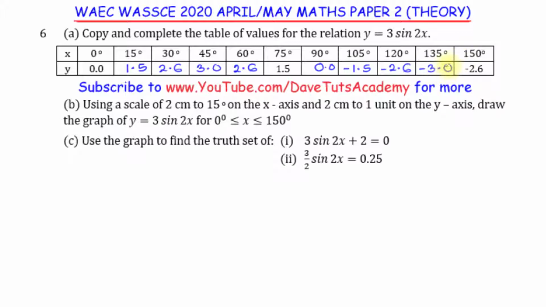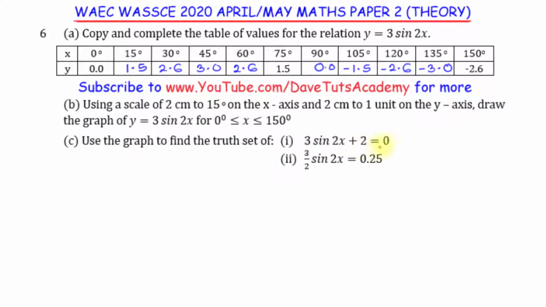So that is a very good means in which you can be sure that you won't make any mistake by forgetting to multiply x by 2. Okay, so that is the first mandate. We have copied and we have completed that table as requested. So we can now, before we draw our graph, before we come up with the solution to the graph and plot the graph, look at this question 6c, in which we are to find the truth set of